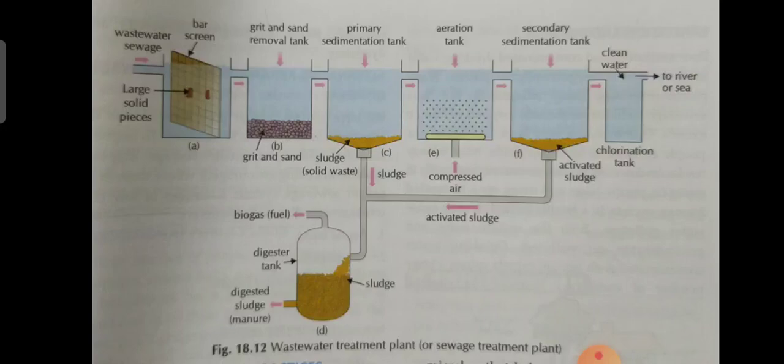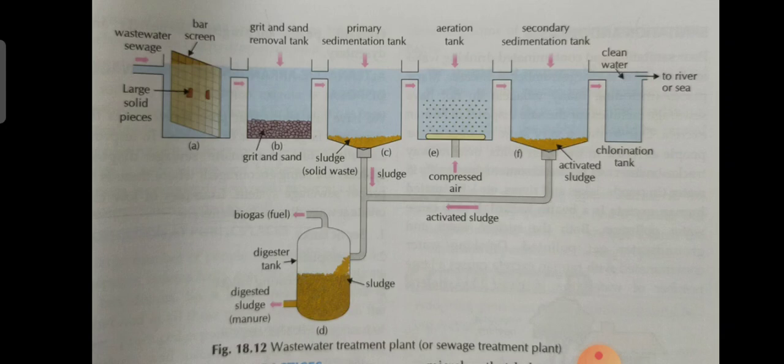Right? Now from here, the sewage is passed into the primary or first sedimentation tank, which is called a clarifier. You can see here the third tank where it is written primary sedimentation tank. This is also called the first sedimentation tank. This is called a clarifier. Okay. Now here sewage is allowed to stand for 10 to 12 hours. Okay.